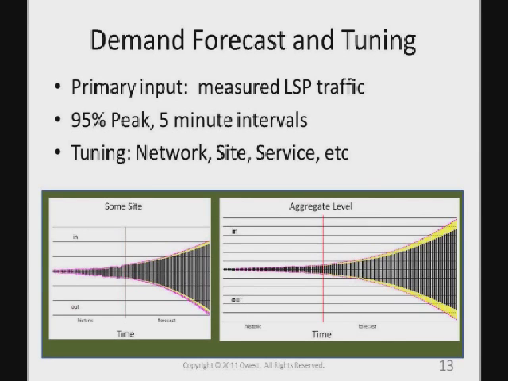So the other important component here is this idea of tuning. It's fairly easy to get a sense of what traffic is flowing across your network at a network level. But it's really important to drill down into that a little bit and make sure that the network story, or the growth story, makes sense at other levels too. For example, how much a particular site might be offering to the backbone or taking off the backbone, what services are growing within a site, and you can go further down than that. So we've developed a set of tools that help us visualize and ensure that the forecast is spot on.